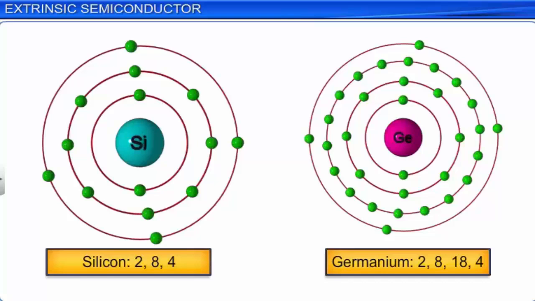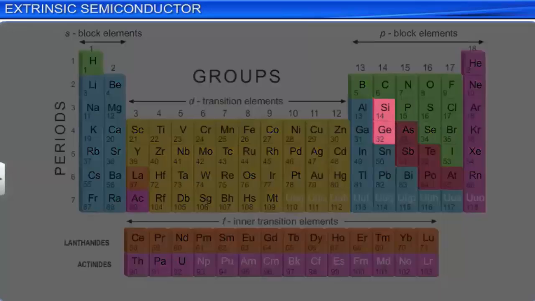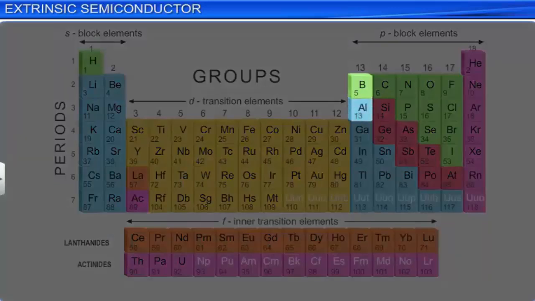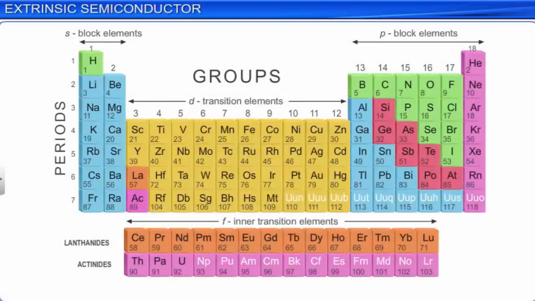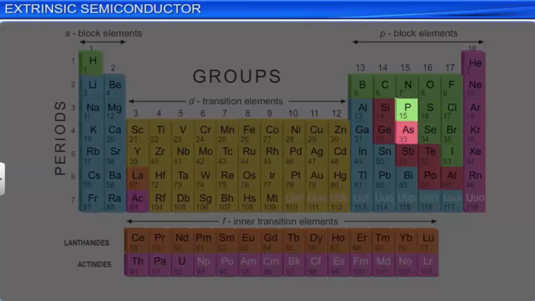Commonly used dopants are either trivalent or pentavalent neighbors of silicon and germanium in the periodic table. Commonly used trivalent dopants that have 3 valence electrons are boron, aluminium, and indium. Commonly used pentavalent dopants that have 5 valence electrons are phosphorus, arsenic, and antimony. The addition of trivalent and pentavalent dopants